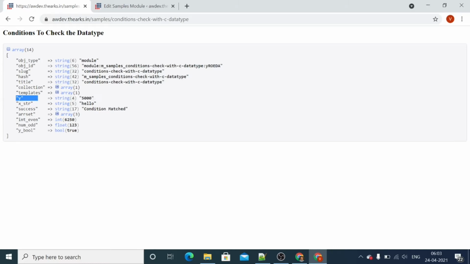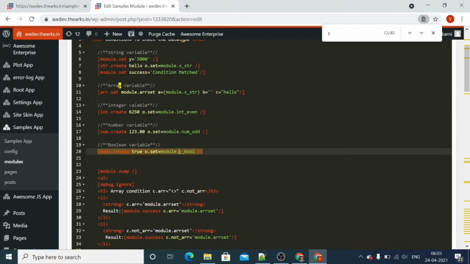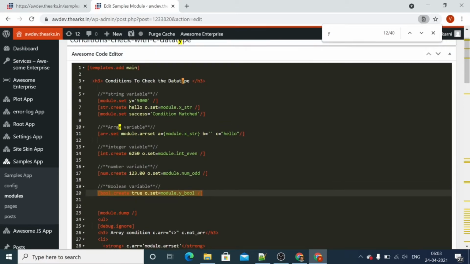We have the string variables, one array variable, an integer variable, a boolean, and the number variables. Number is considered as float. So these are the variables we have declared in the data types.